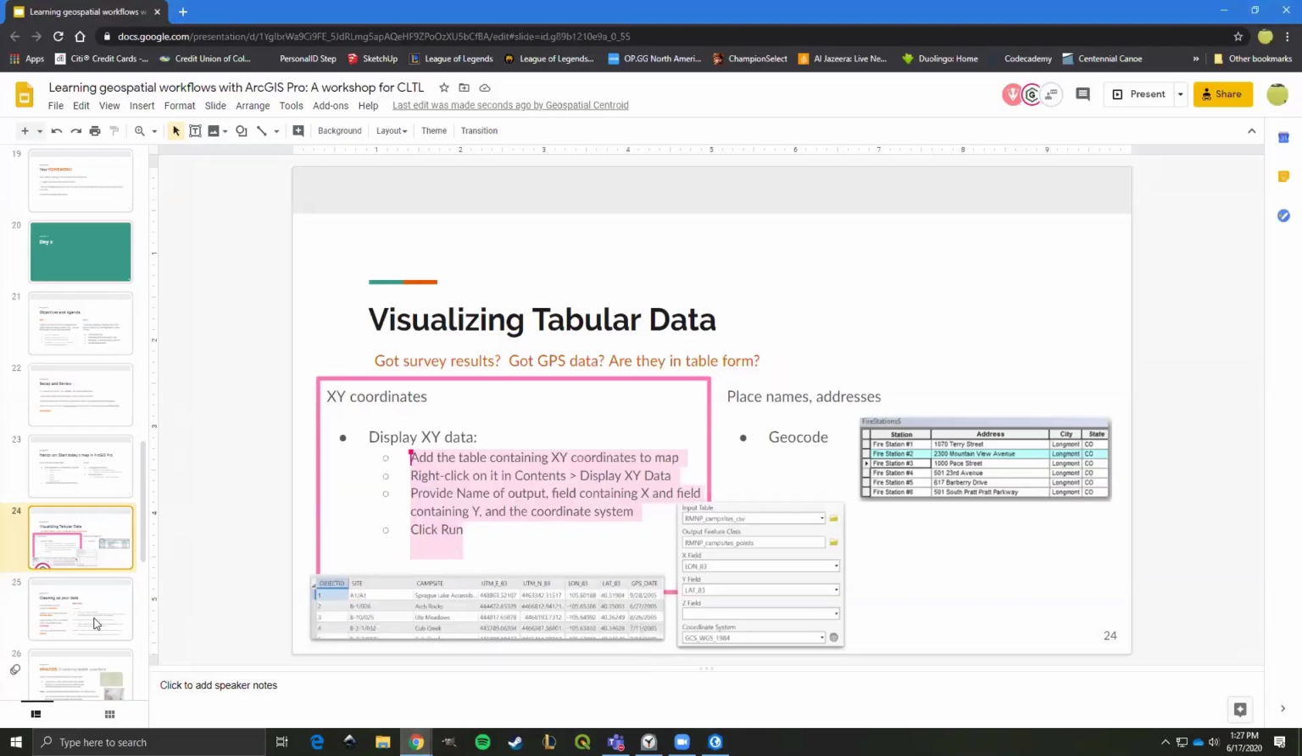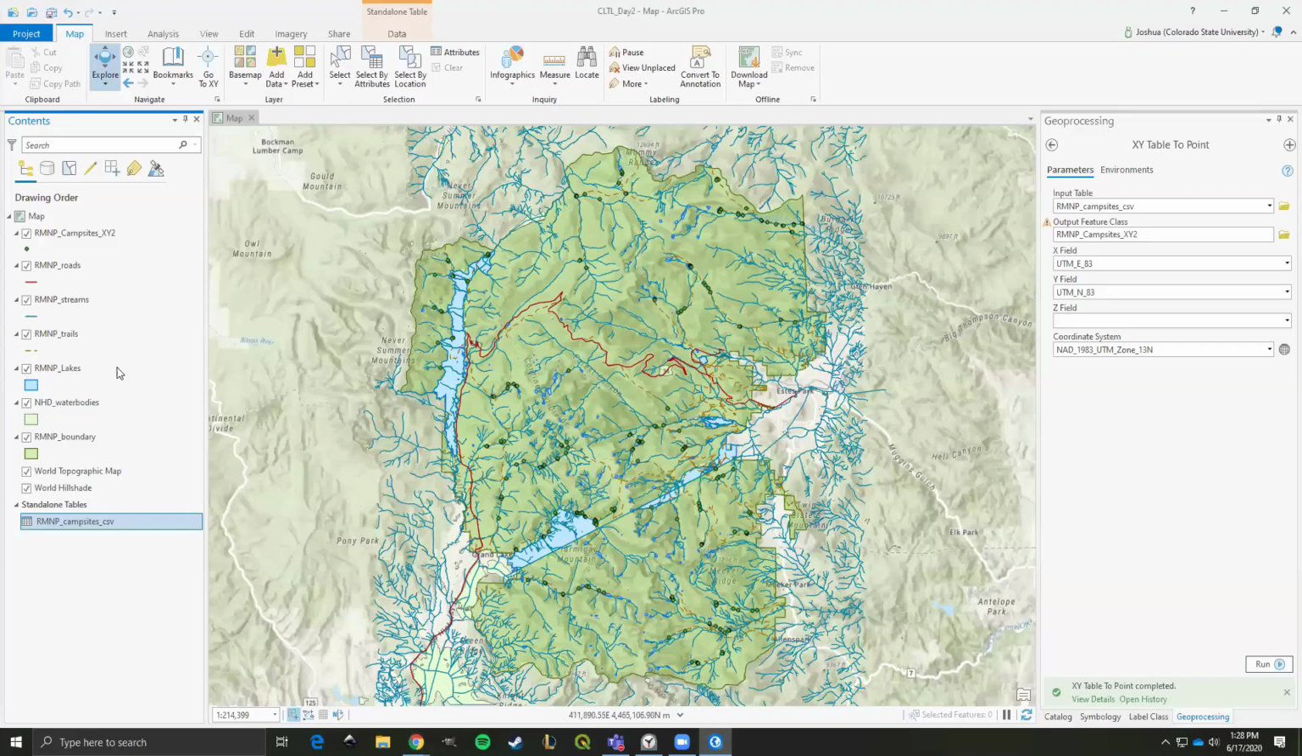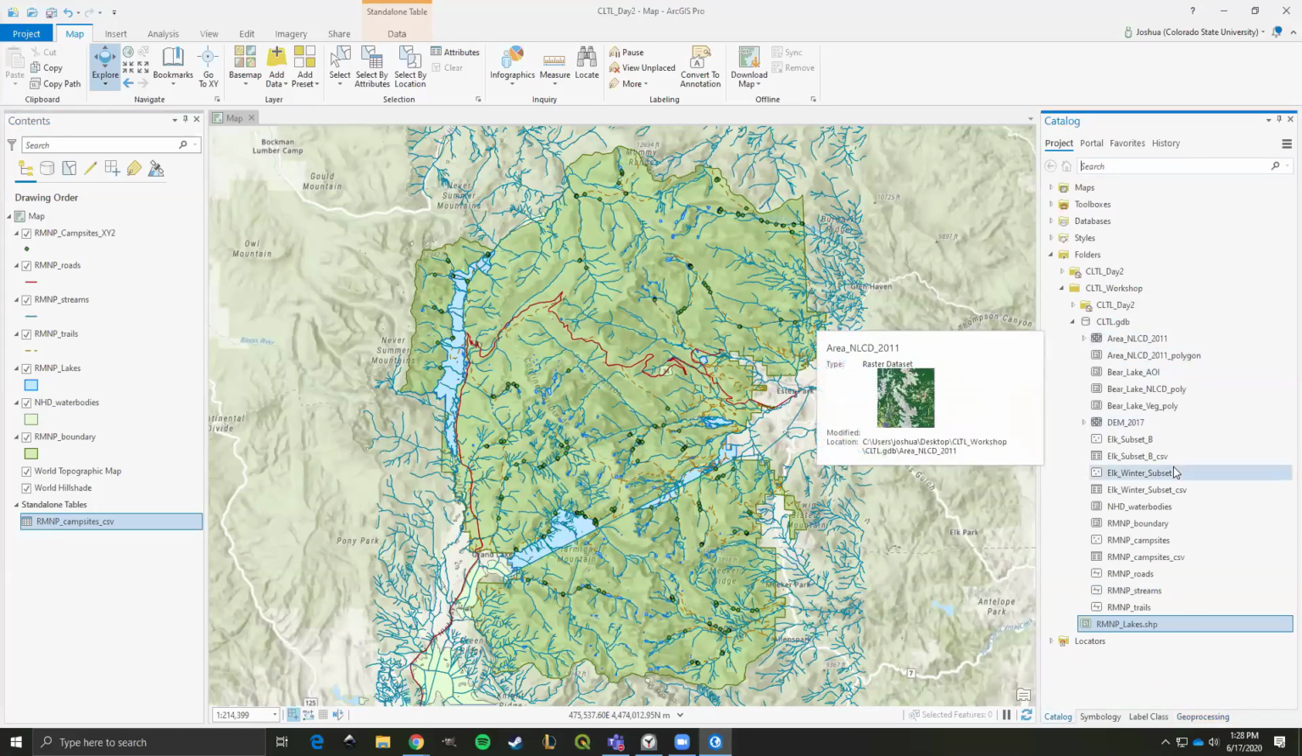So now that we've got our data visualized, let's clean up the data that we already have. So first, we're going to start with our vegetation layer. And right now, oh, I guess we need to add that. So once again, come into our catalog. And we are going to add